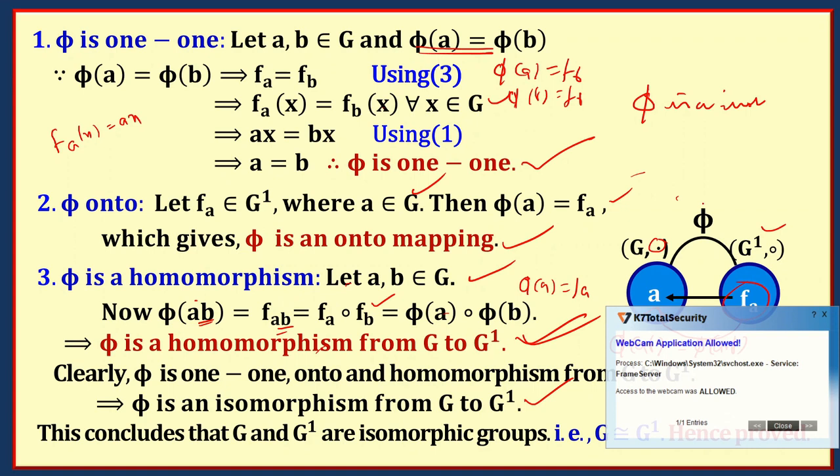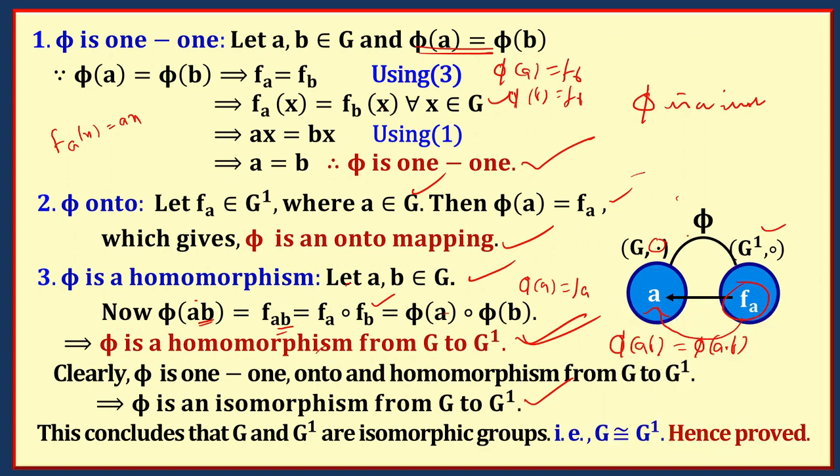So pi is a homomorphism, pi is an isomorphism from G to G dash. Then we say that G and G dash are isomorphic groups. That is,